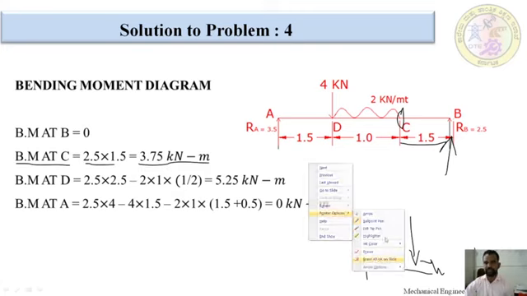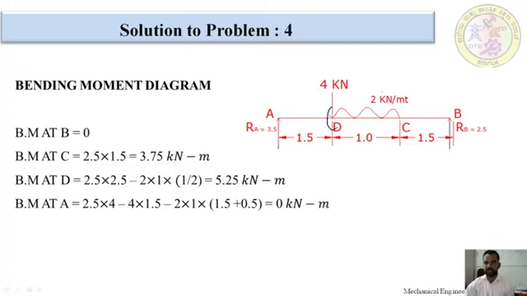Up to here we have. After that, next I want to calculate the bending moment at section D. First, this is an upward, positive force multiplied by this distance, up to here only. 1.5 plus 1 is equal to 2.5. For that reason, 2.5 is the RB value and 2.5 is the distance. After that, as already discussed, this is the imaginary point load, 2 kilonewton, 2 into half the distance is equal to 0.5.